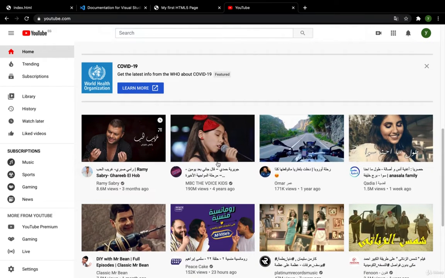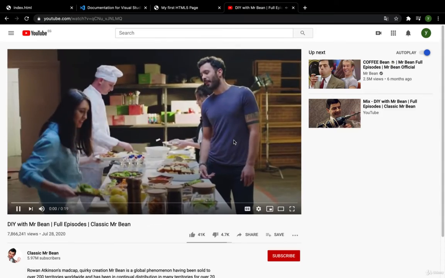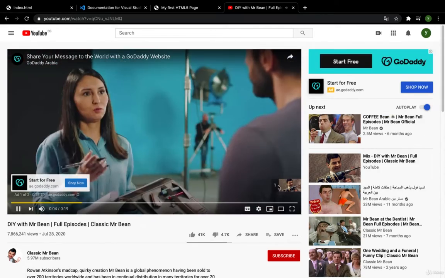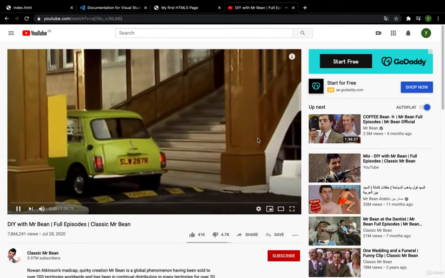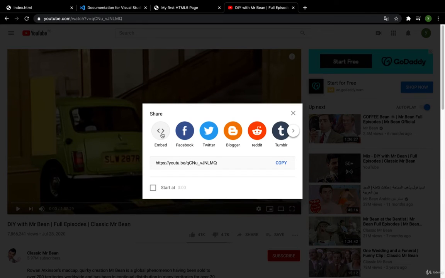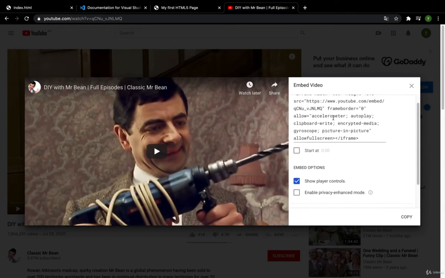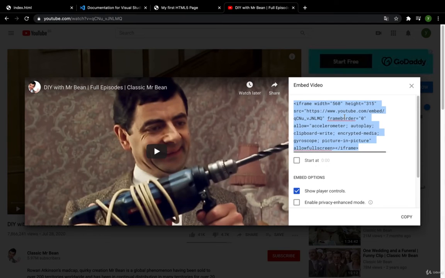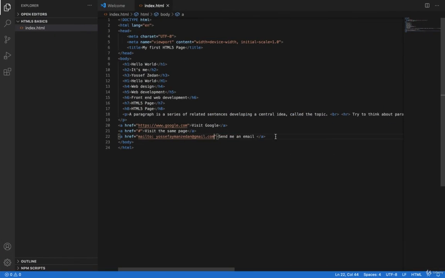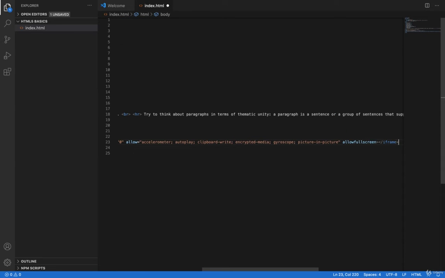Okay. This is okay, Mr. Payne. After the ad. Now, when I click here on the share, when I click on the embed, now I have this iframe. When I copy all of that, copy, and let's paste it for this part. When I click here,